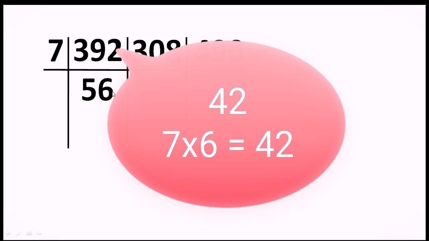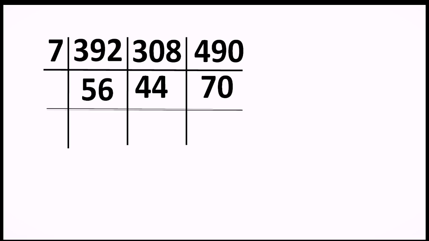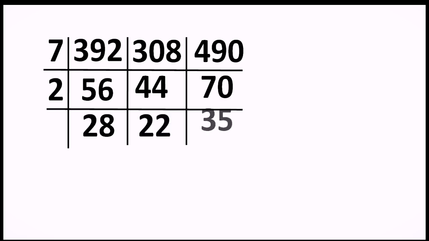And that is 7 6s are 42. In this way you have to calculate in your mind, and that too in a speedy way. The moment you divide 308, you get the answer 44, and the way I told you, 490 divided by 7 results in 70. Now this will definitely make things easier and simpler, because I know all the numbers are even, so I can choose 2, right? Dividing by 2 means making it half. So half of 56 is 28, half of 44 is 22, and half of 70 is 35, right?